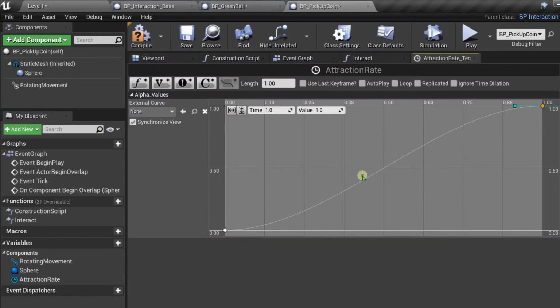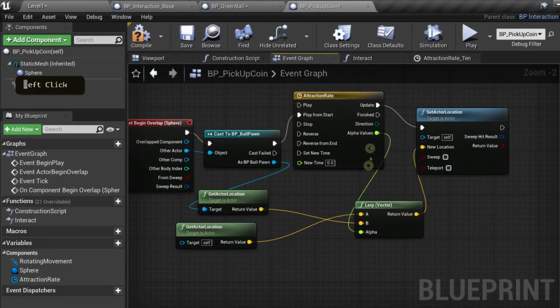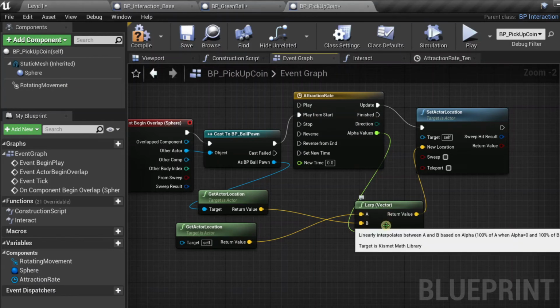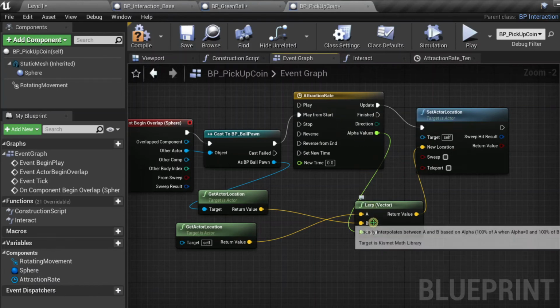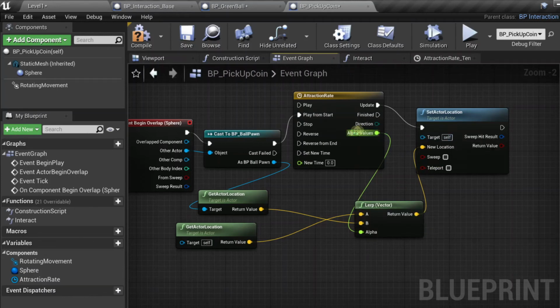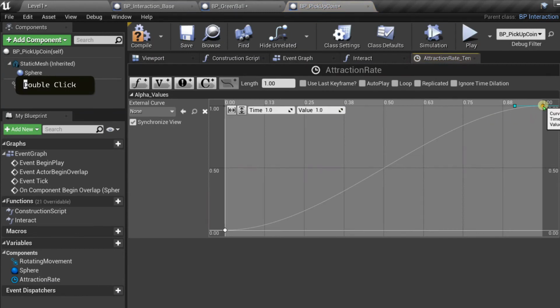And the curve itself isn't really moving anything. It's more how we're using the curve. We're using the return values and putting them into the lerp, and the lerp is producing a new vector, and then that's spitting it out into the set actor location. And this set actor location has a target self, which is at the end of the day moving the pickup coin. So all this attraction rate is doing is smoothing out the alpha values such that it keeps updating the set actor location up until it gets to value 1,